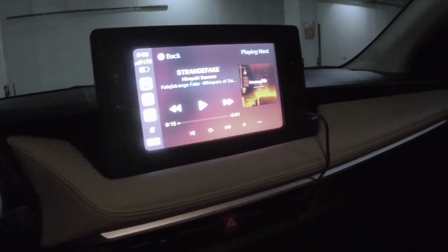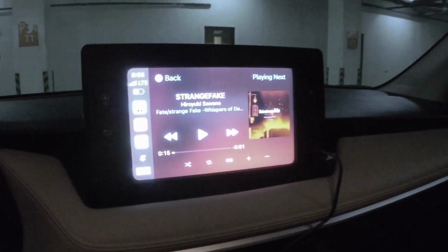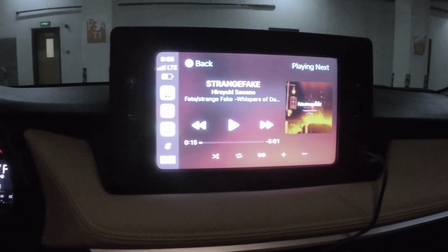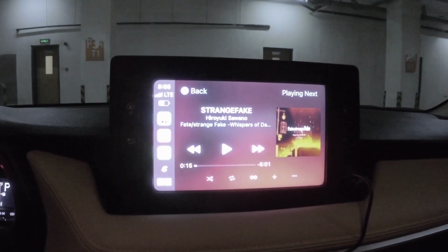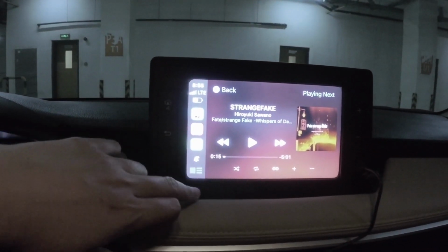I think this is a worth upgrade to go wireless. If you have any questions, just drop your questions at the comment section for me to try out. If there's anything else you want to know,